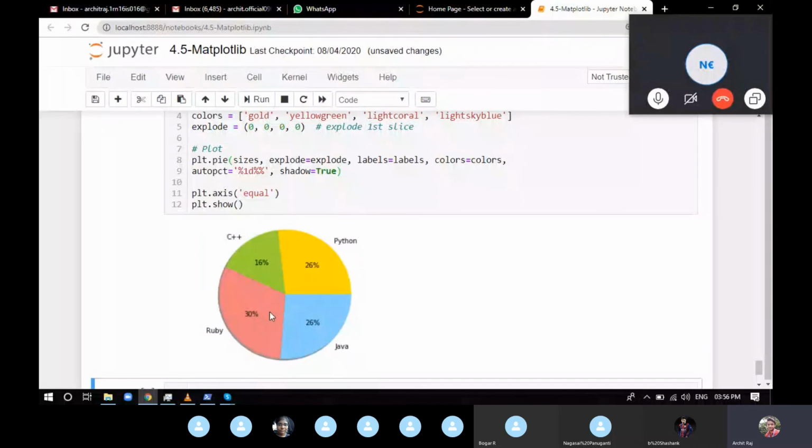So again, plt.axis equal. Axis equal stands for: we're going to have the same equal axis for the pie chart. We can also change the axes. We can provide the axis to start at a 90 degree or starting from 100 degree. It's going to be equal. So we took it at center and we created the chart.